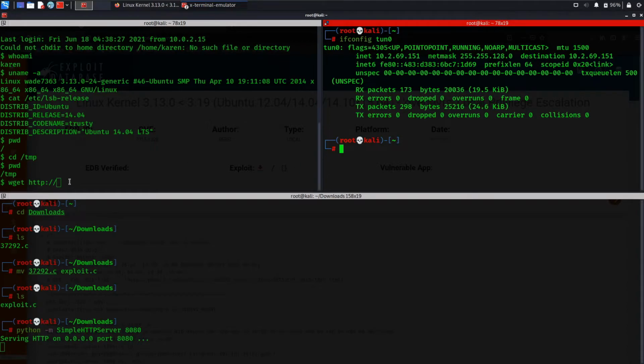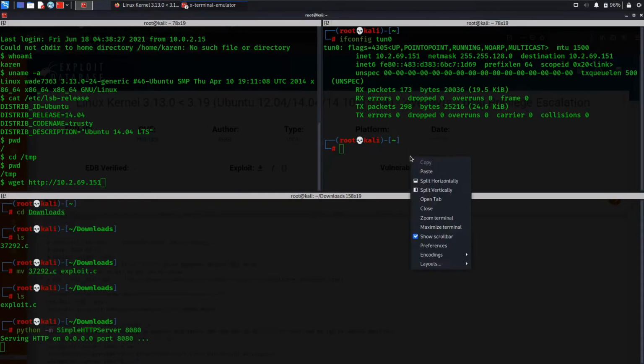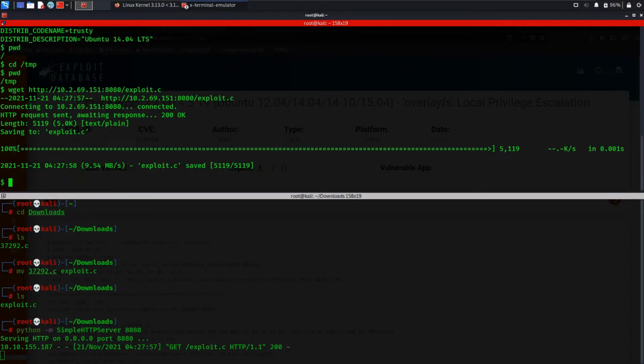And here it is, 10.2.69.151. Let's close this. And we are running on port 8080. And the file name exploit. And here it is.